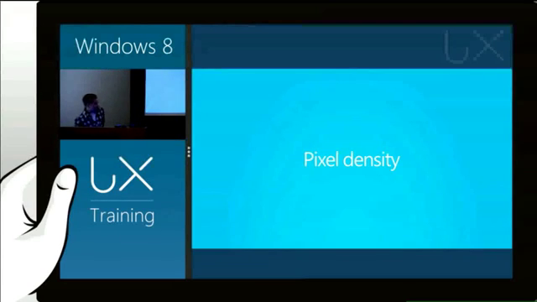Great, thanks, David. So my name is Justin Cooperman. I'm a program manager on the user experience team, and I work with David on scaling. And I'm going to be talking about the second important consideration to make when you're thinking about scaling, and that's